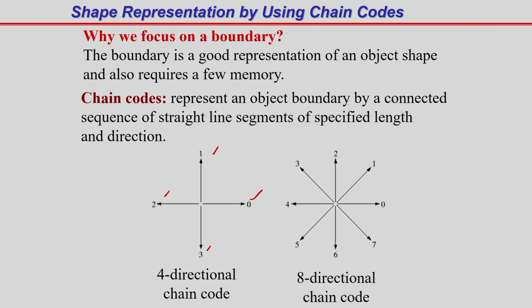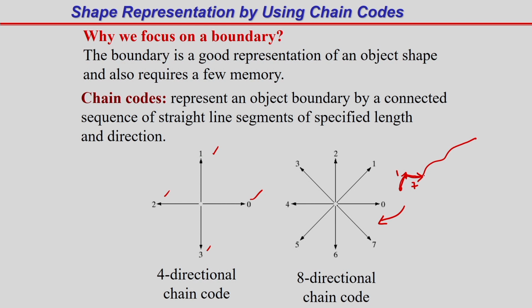Suppose I have a motion trajectory, a trajectory of this type. I can represent this trajectory by using the chain code, because in this case you can define the direction. Suppose corresponding to this segment I have one direction, that direction I can see from the chain code. I can use the 8-directional chain code. If you see this direction, I can consider it as 1. And if I consider from this segment to this segment, this portion, I can consider it as the direction 7, corresponding to this 8-directional chain code.